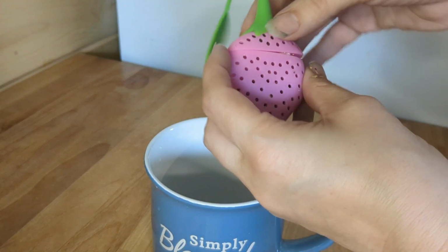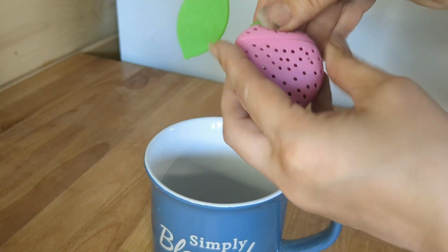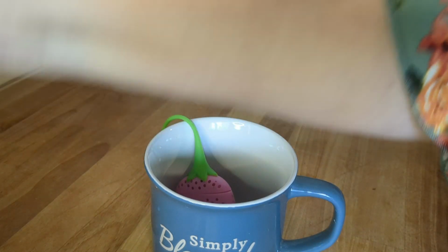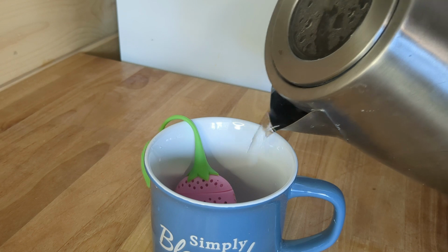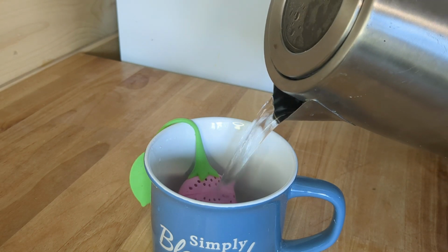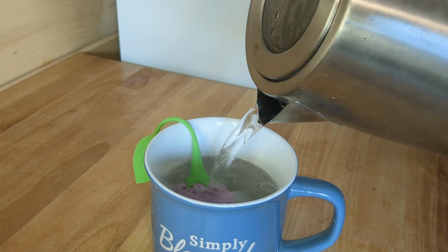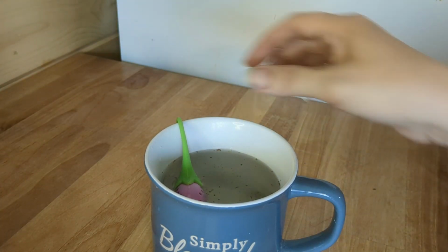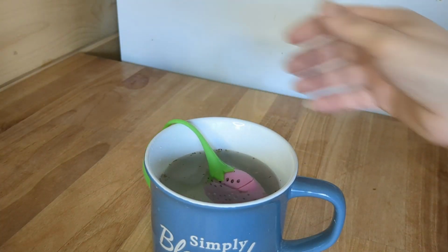Here, I'm showing a different way to infuse tea. Instead of using the infuser cup, I am using a silicone tea bag. You can find all kinds of different tea bags. I prefer the silicone ones. You simply put the herb into the bag, close the lid shut, set it in the cup, and then pour